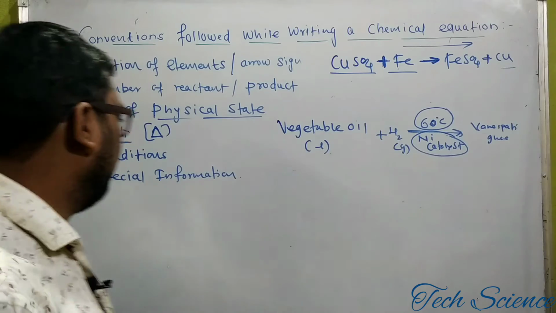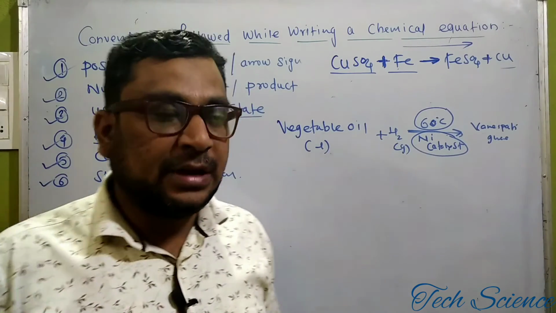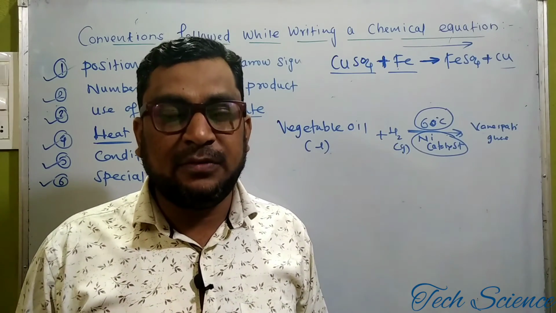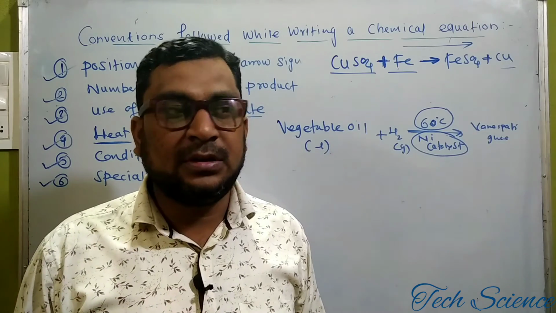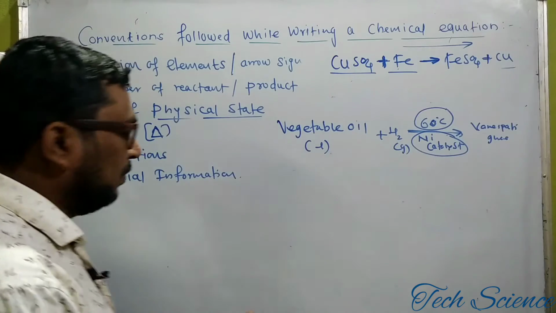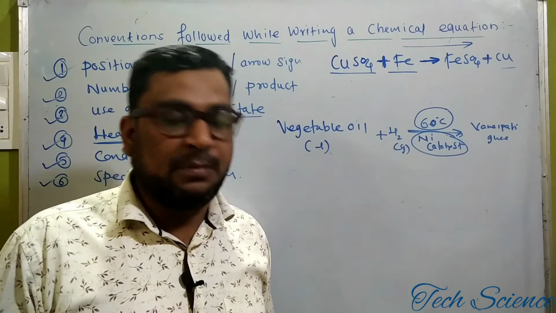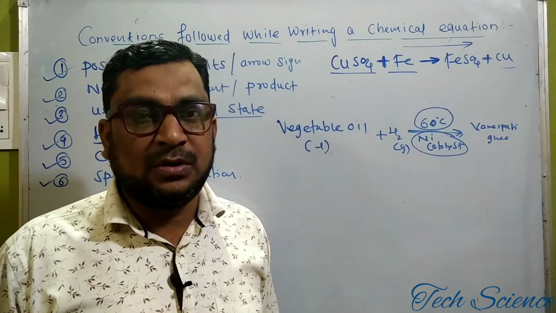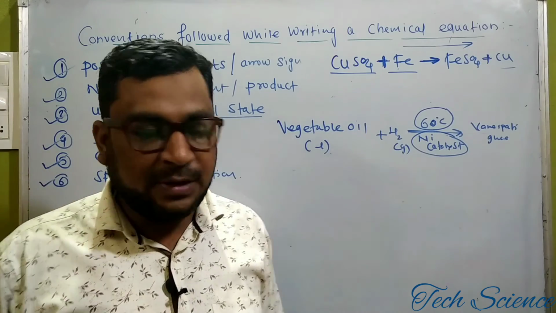So this kind of information should be meaningful while you are writing the chemical reaction. And the last point, what is that? The special information also you can write when you are writing the chemical reaction, which gives more clarity and readability, and that should be helpful for doing the experiment in a laboratory also. For example, suppose some solutions are there. The solutions may be dilute, or they may be concentrated. So if you write like that, it's very easy to understand what kind of solution you have to take while performing the chemical reaction.